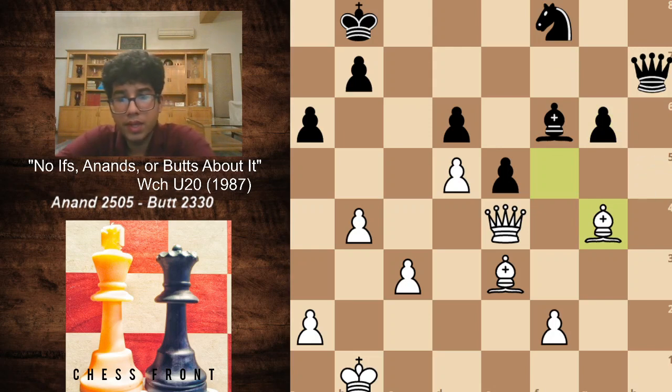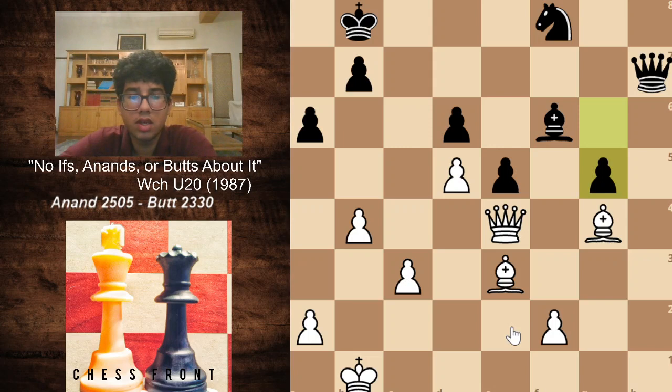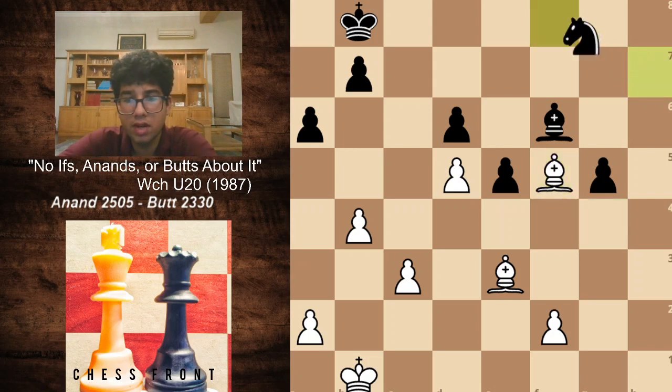Over here, black errs and plays g5. Mr. Anand over here exploited this mistake to its fullest and found a very beautiful idea. So this is the cue for you guys to pause the video and try to find the best winning move. Yes, so queen captures h7 was played, knight captures h7, and after bishop f5, knight f8, bishop b6,